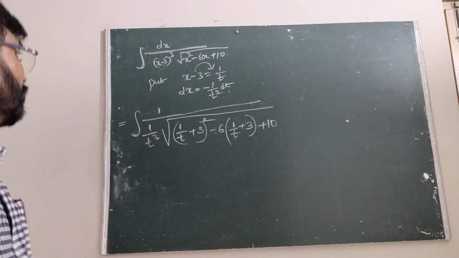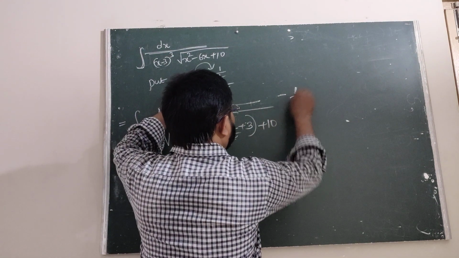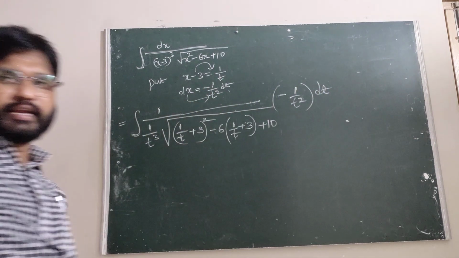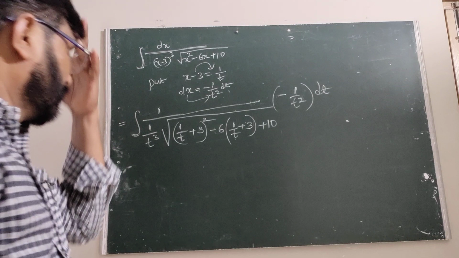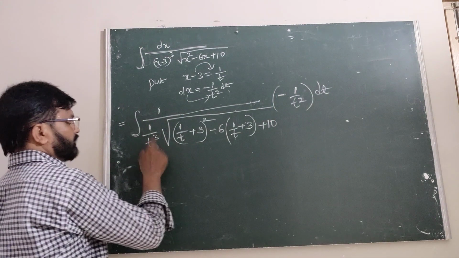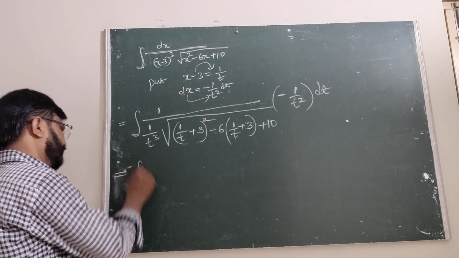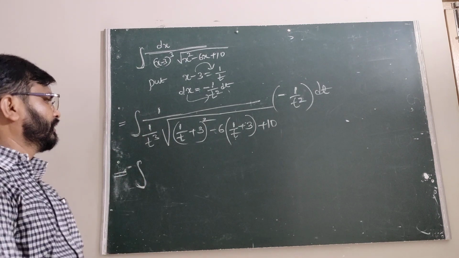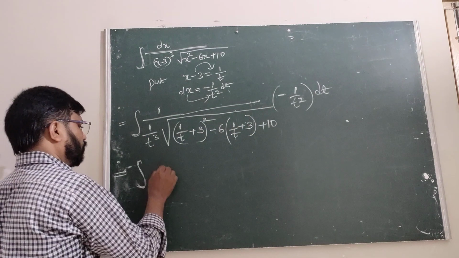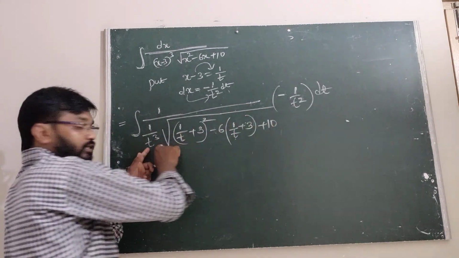Therefore here, what is the dx? Minus of 1 by t square. Therefore dx is minus 1 by t square into dt. Now this is completely sending to the numerator. Now we are getting the integral. Listen here, 2 times are cancelled. We are getting minus of, 2 times here, t square is 2 times, this is t cube.